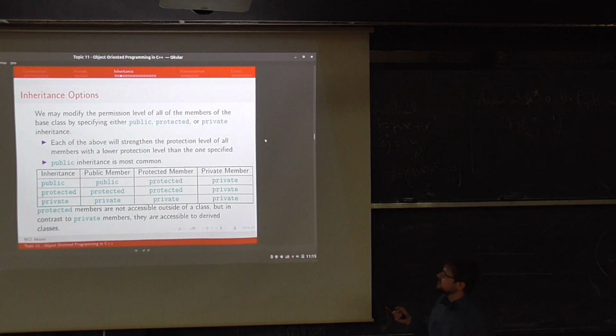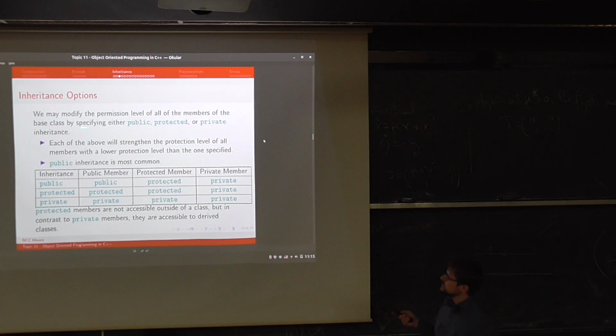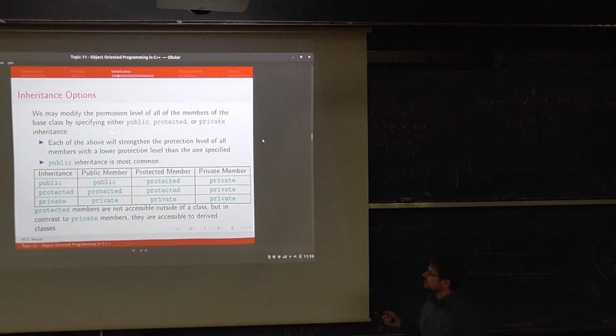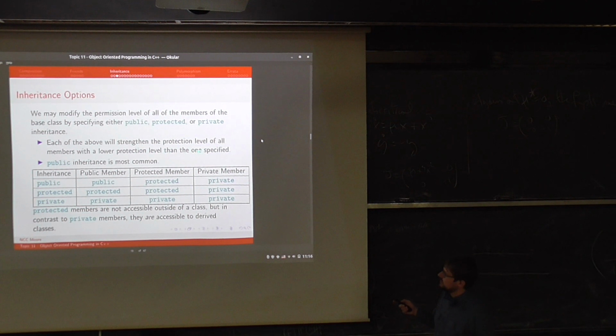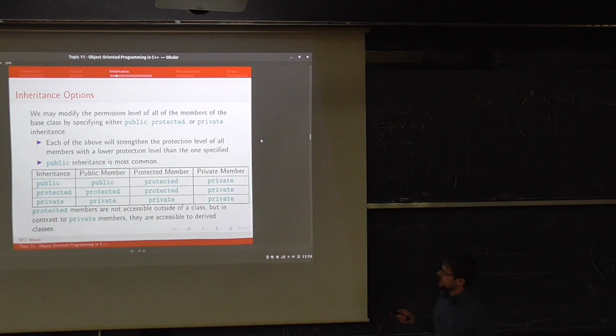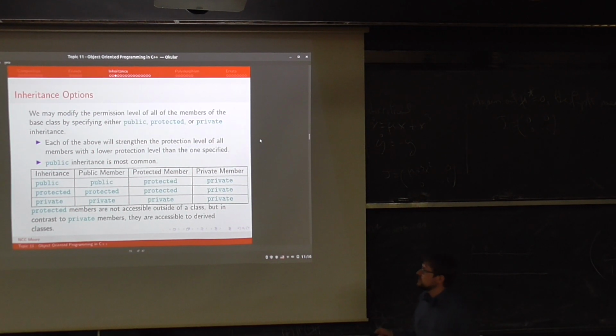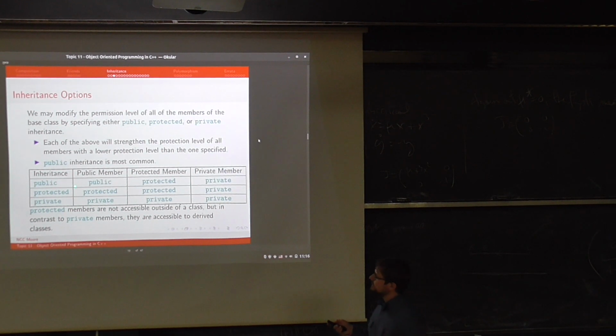We may modify the permission levels of all members of the base class by specifying either public, protected, or private inheritance. Each of the above will strengthen the protection level of members with a lower protection level than the one specified. Public inheritance is most common. So, if we have,